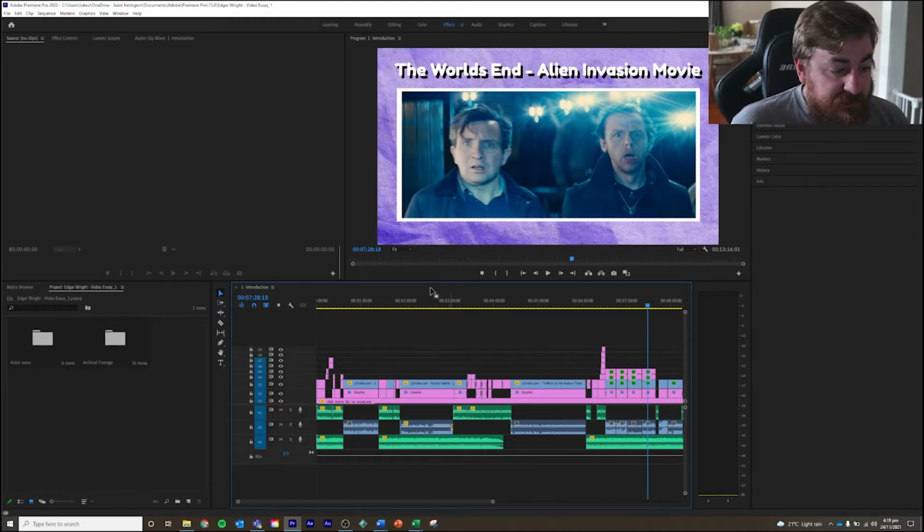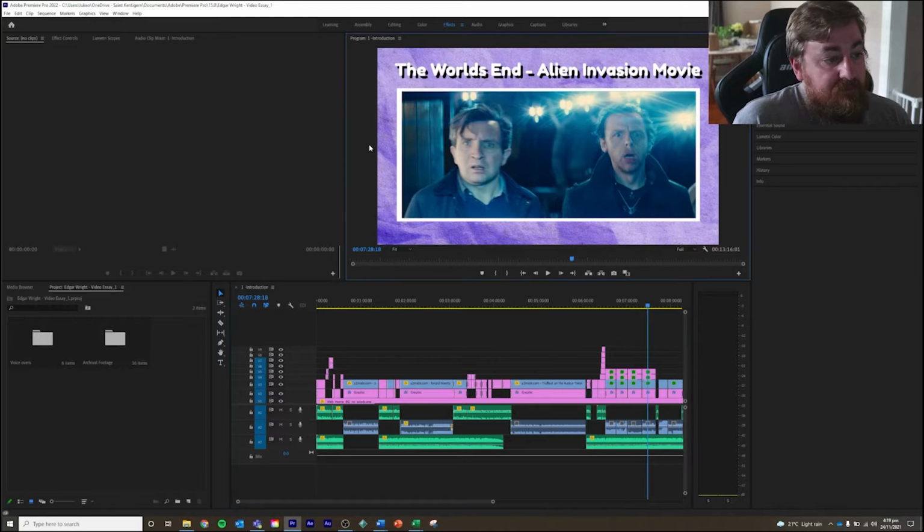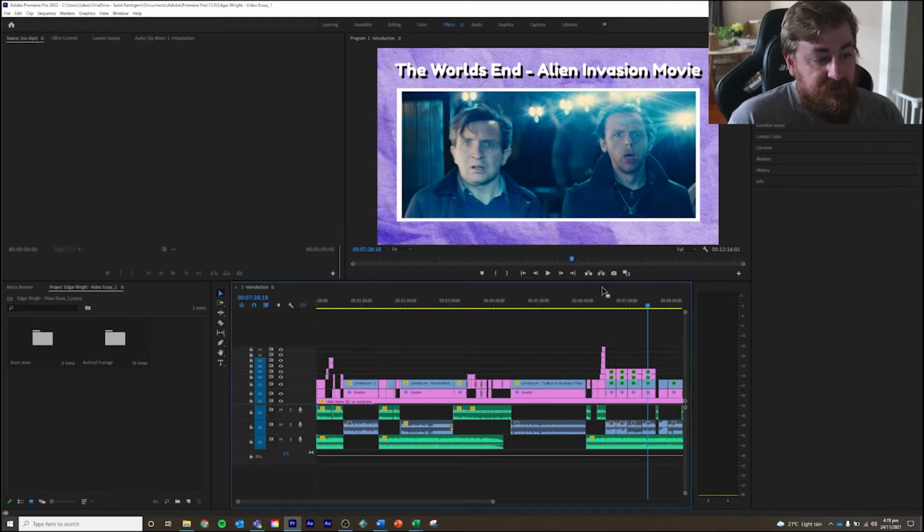So the first thing to make sure is that you have your sequence timeline selected. So this is the sequence timeline. And as you can see here, this blue box is around the sequence timeline. So if I was to select the viewing section, the blue box will be around that one. But I want to have this sequence timeline selected. So I've selected that. The next thing I want to do is to go to File,